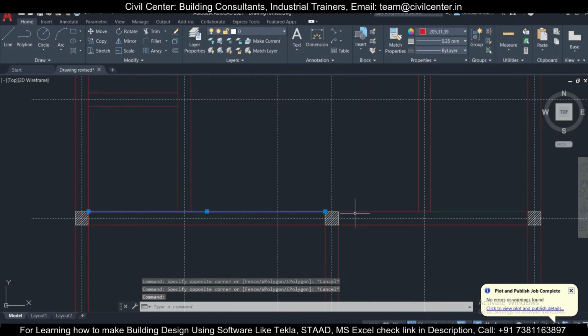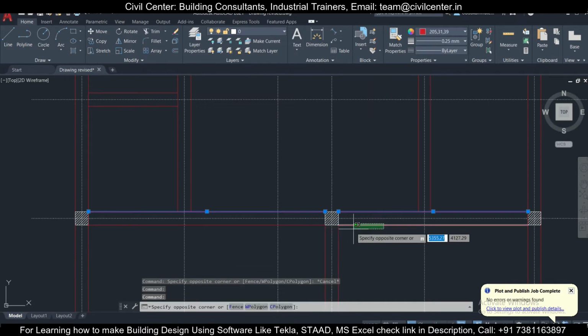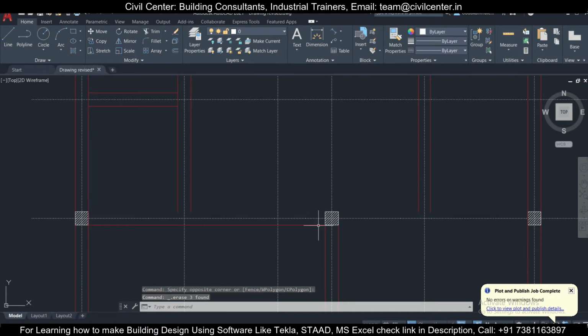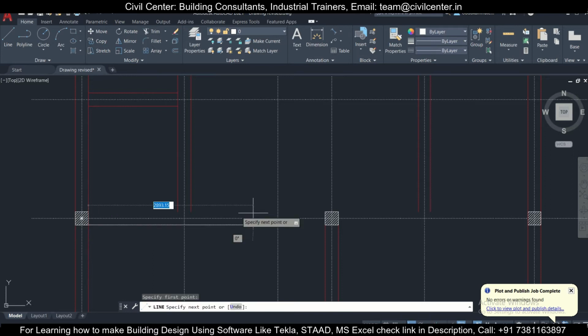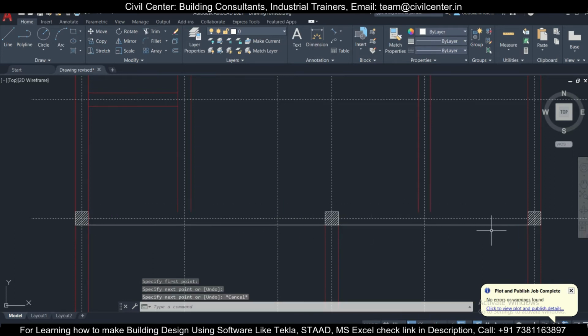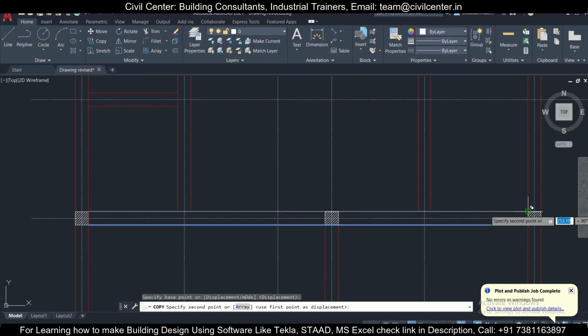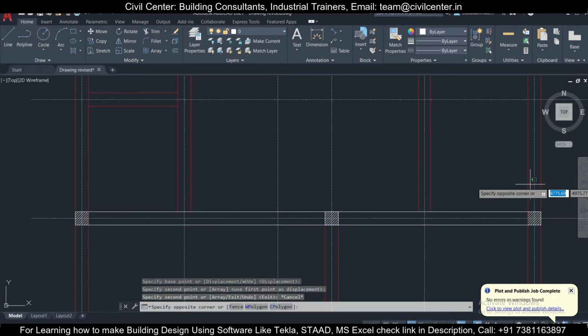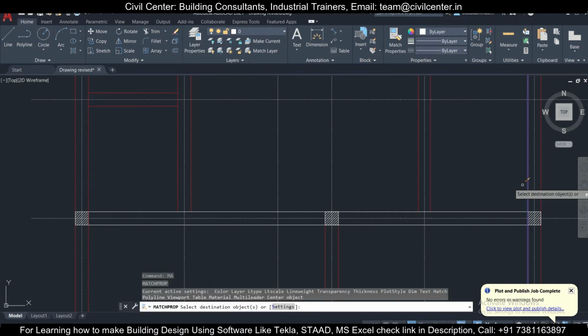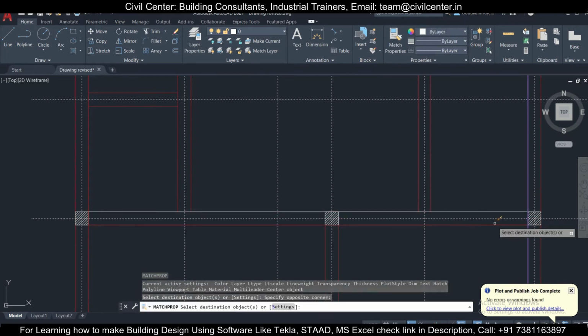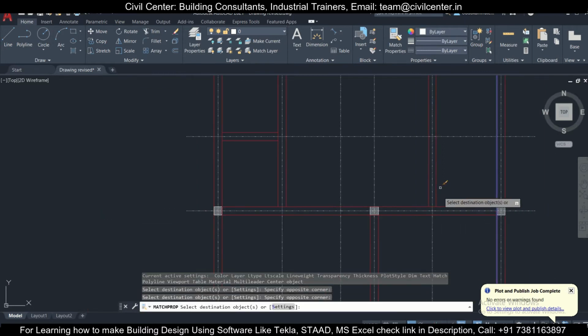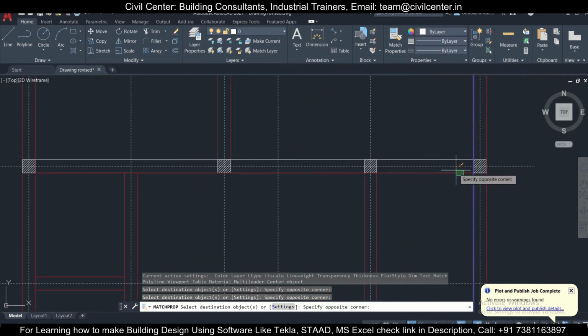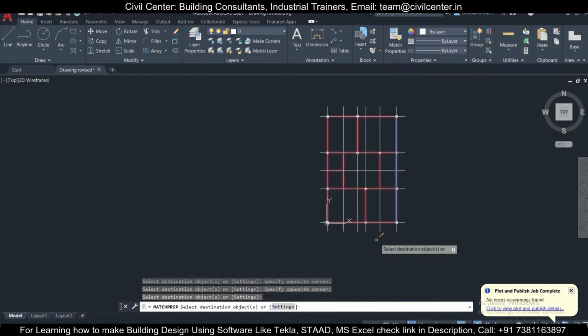For this one, let's delete this and make a new one from here to here, and one copied and pasted from here to here. MA, enter. Match properties. Let's maintain what you have done, the color.